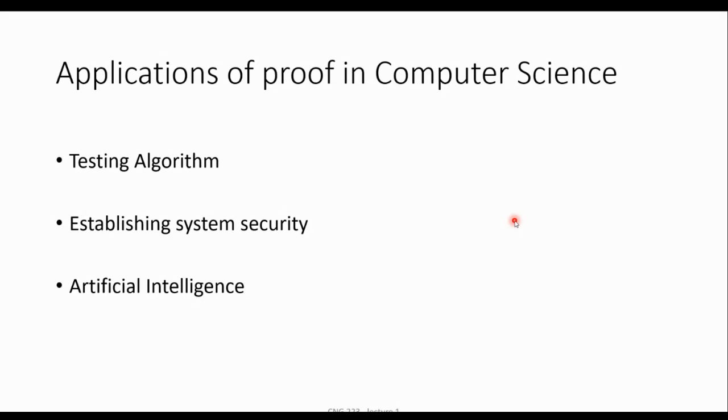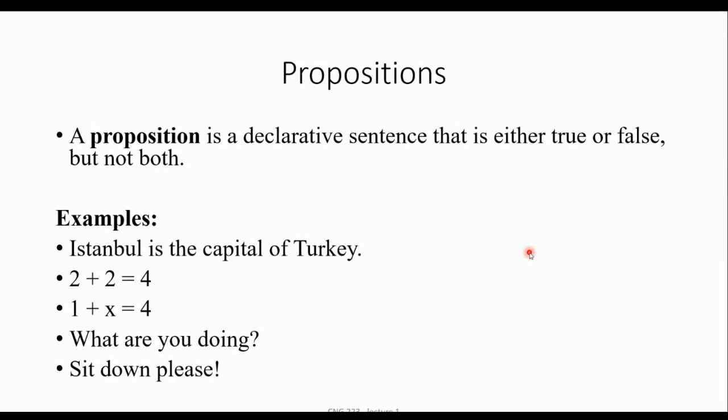Testing algorithms, for example, we want to see whether the desired output can be reached, and proof can be very helpful for that. And especially in artificial intelligence these days, we need to use proof for that as well. You can see some examples in the book related to them, which were written. And let's start with an important